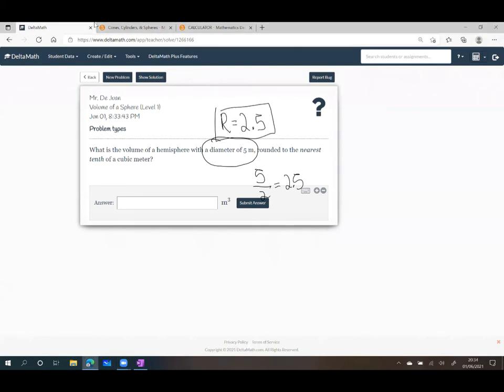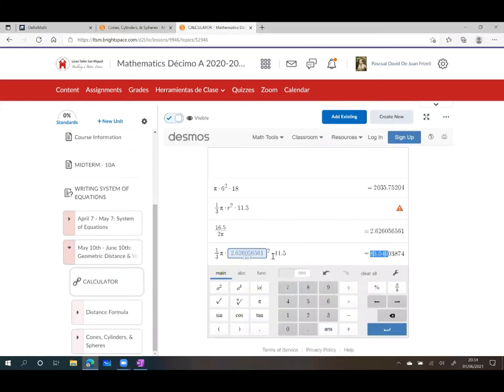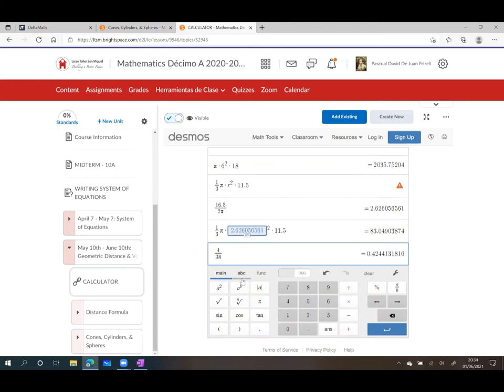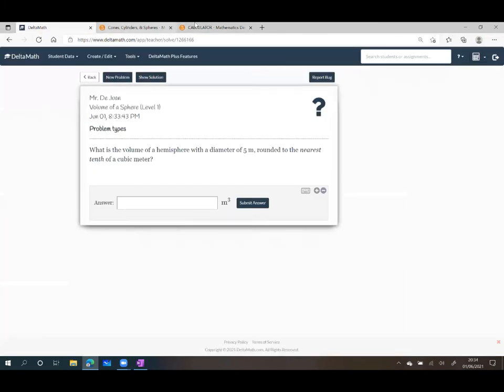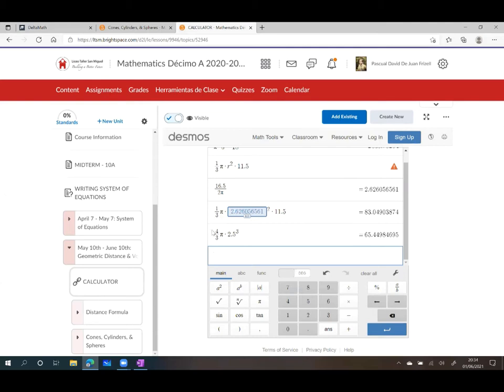So knowing that that's the radius, let's take a look over here at the volume of a sphere, which is going to be 4 divided by 3 times pi times r cubed. So we can simplify that by typing in the formula already. 4 over 3 times pi times, well, what do we need? We need the radius to the power, click the button right there, to the power of 3. What do we know about the radius? Well, we just said it was 2.5. So let's change r right here for 2.5. Okay, and there we have our answer,